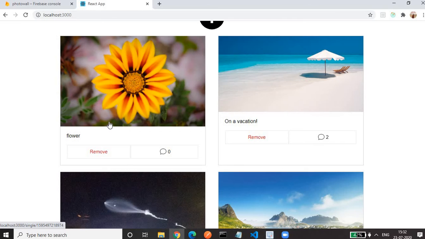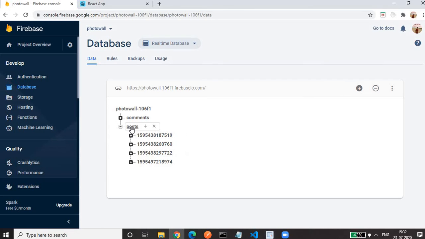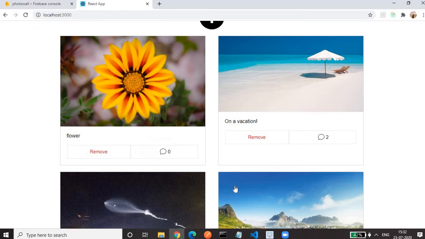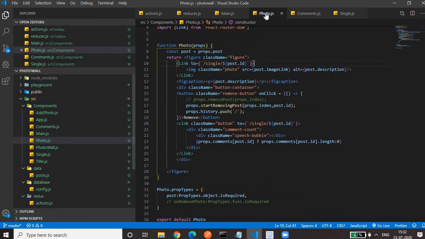We need to delete the data from the database. Currently, if you see, there are 4 nodes, 4 pieces of data for the post node. We will see the remove option in the photo component.